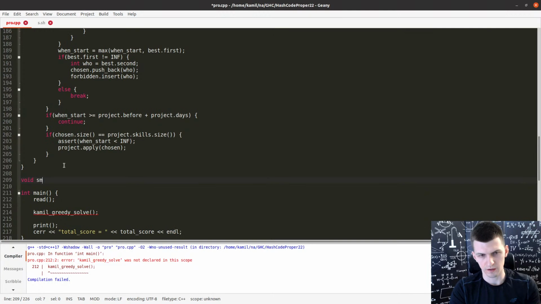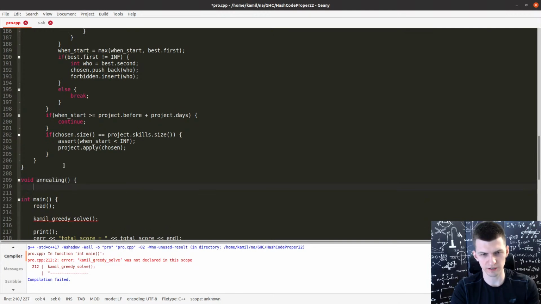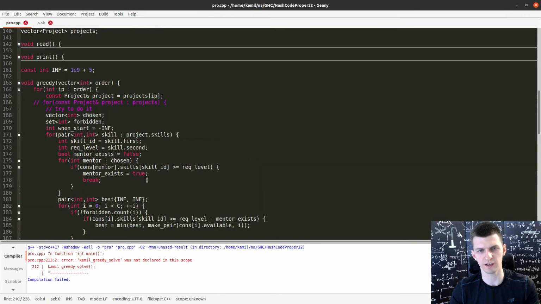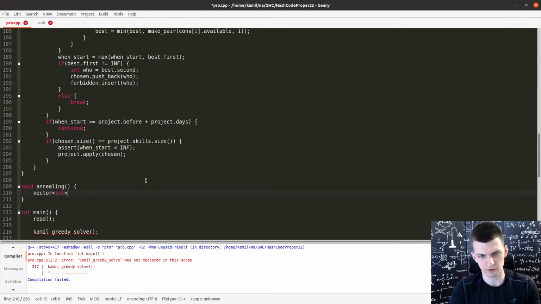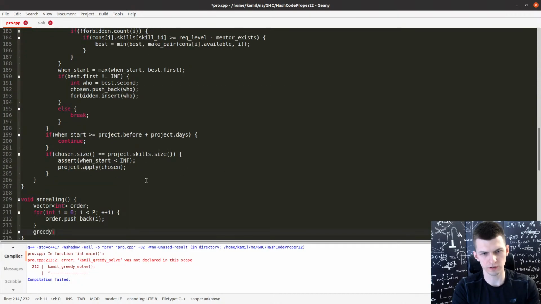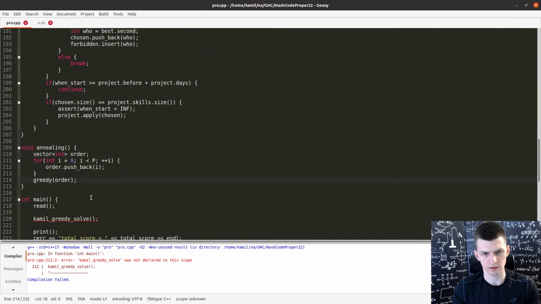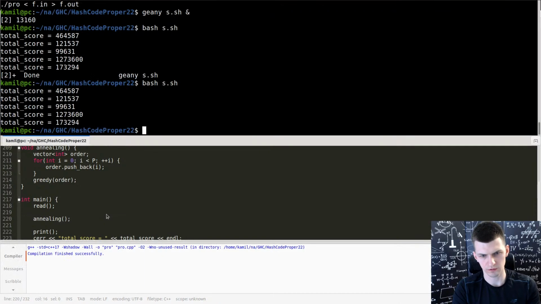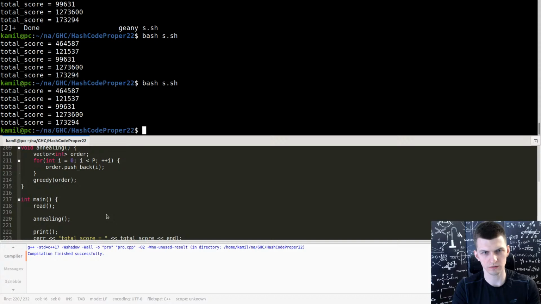Well, let's call it annealing, which is not really simulated annealing, but it's related. Create some order of projects. And just do that, greedy of order. And here I will do annealing. Now I should get the same score.